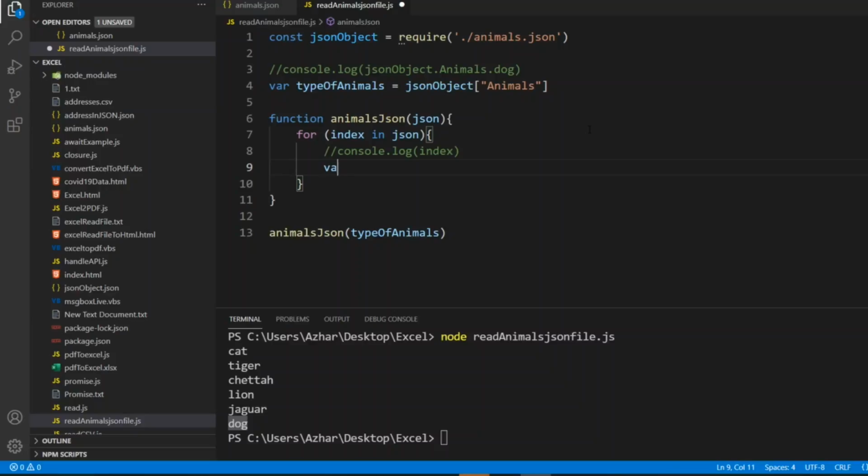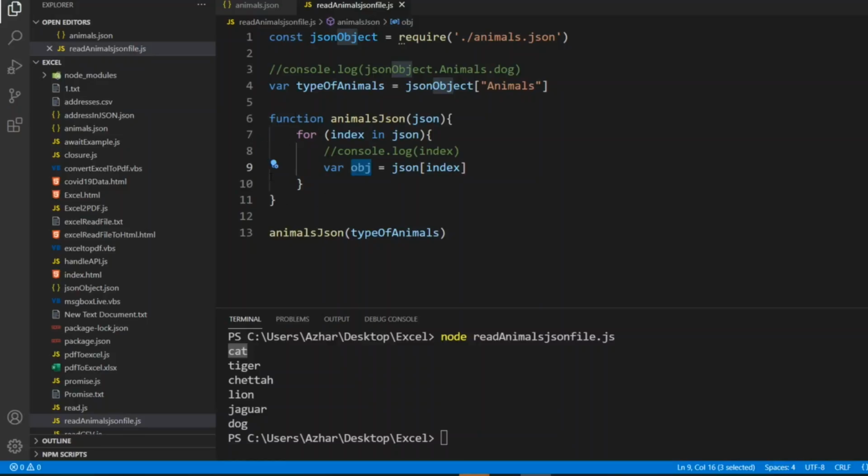So I'll write var obj equal to JSON of index. What is the index here? Index will be this one, cat, JSON index. You want the cat's object to store in this obj, and then iterate the loop.